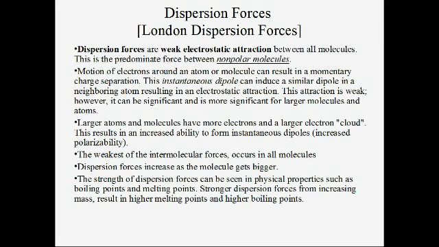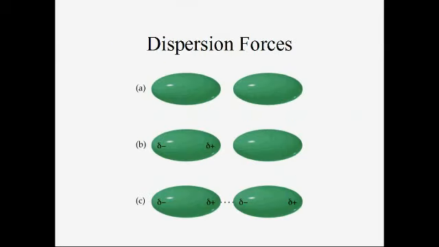And what happens is that the electrons in the atoms are always moving around. In the process of moving around, they'll create a partial charge separation for a very short duration of time. But when it does that, the adjacent molecule will reflect back the opposite charge, creating an attractive force. It's very transient, but it's there, and the bigger